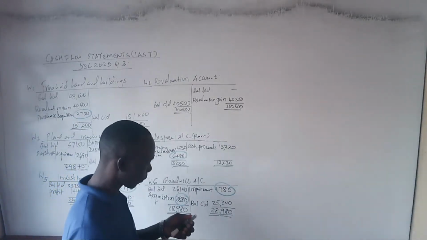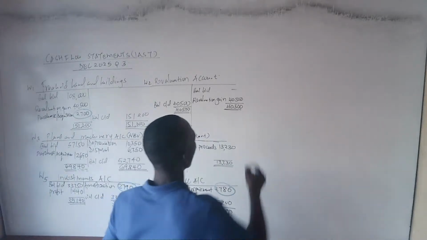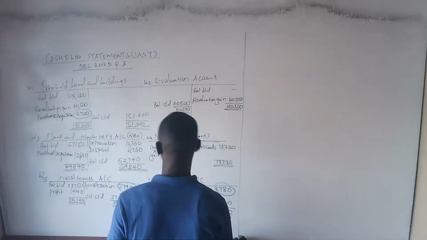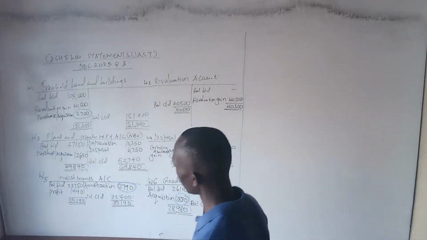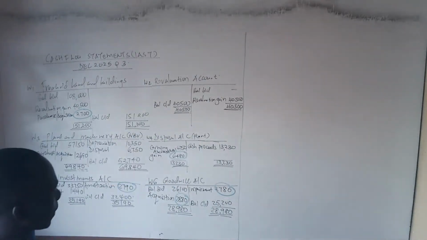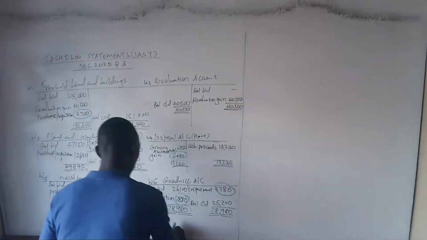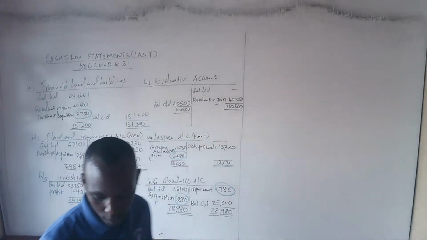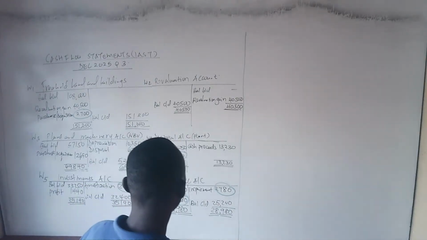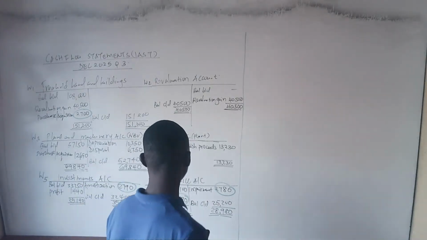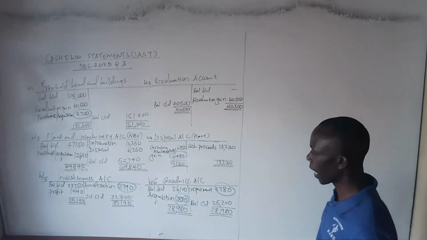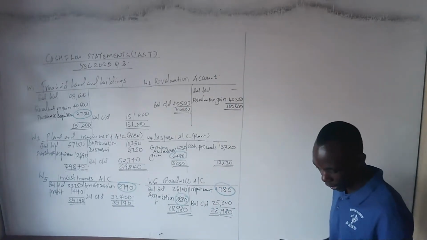So that's how you are supposed to adjust when we talk about non-current assets. Whatever we have presented here is non-current assets. Once we have presented the non-current assets, now we can go to the equity and non-current liability. For the current assets and current liabilities, we can adjust them in our question. So let us go to the equity.